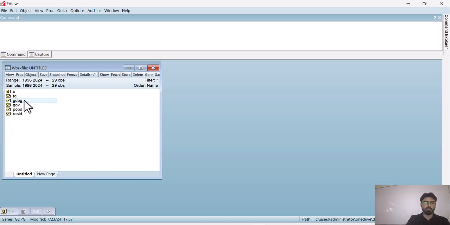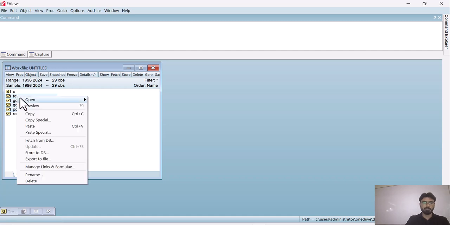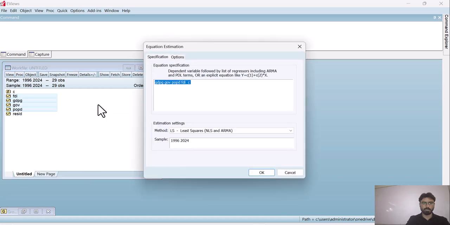Click on GDPG, then press the Control button and select all of your variables one by one. After selecting all the variables, right click with your mouse and open as equation.